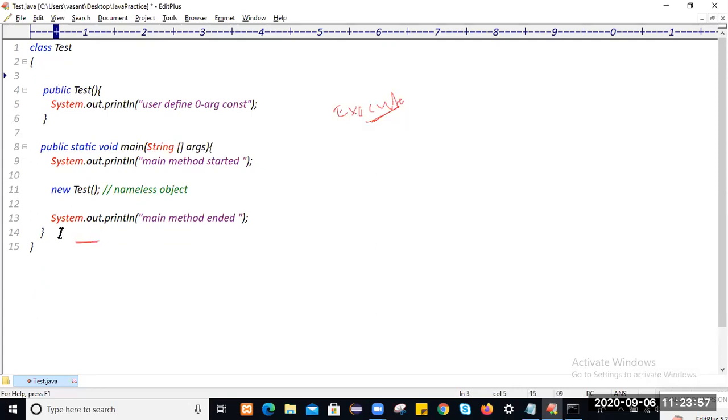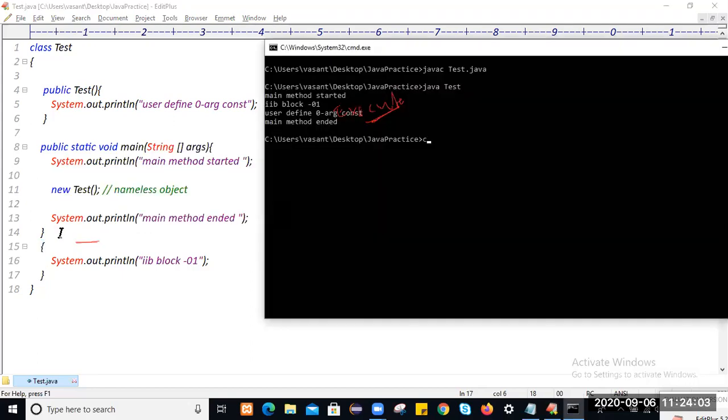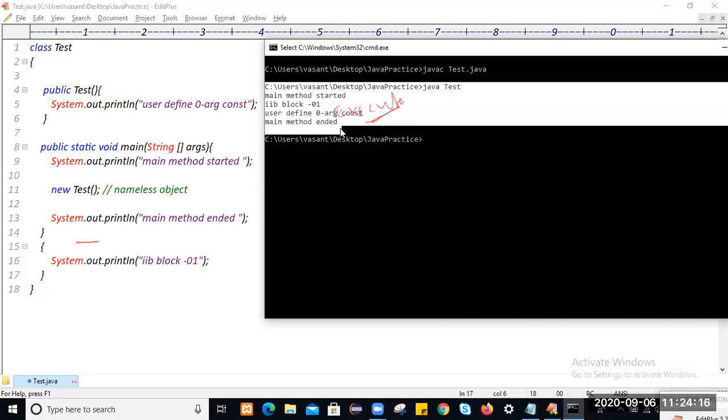Not an issue. Let me keep it after the main method also, and compile and run this application. Still the instance block gets executed first, and then the corresponding constructor. Am I clear?